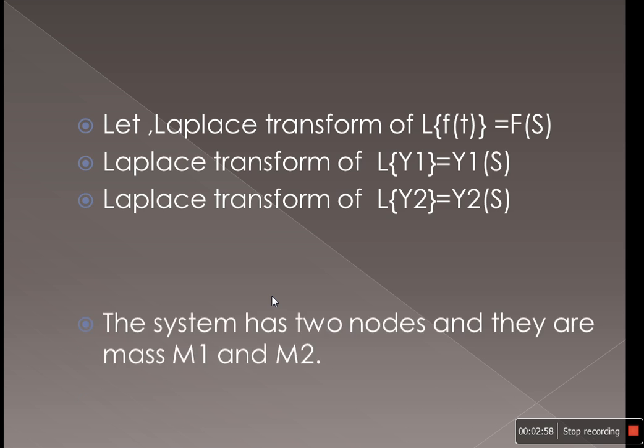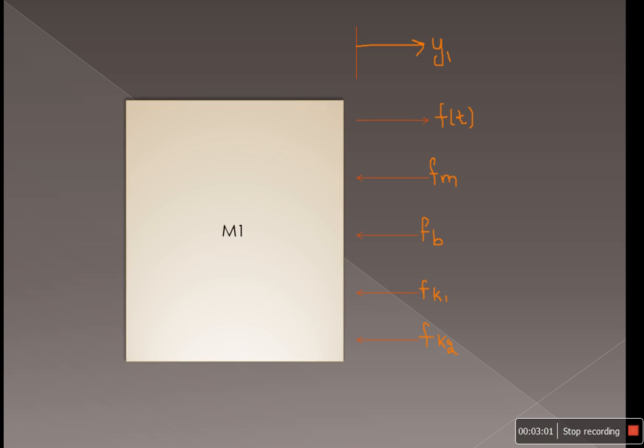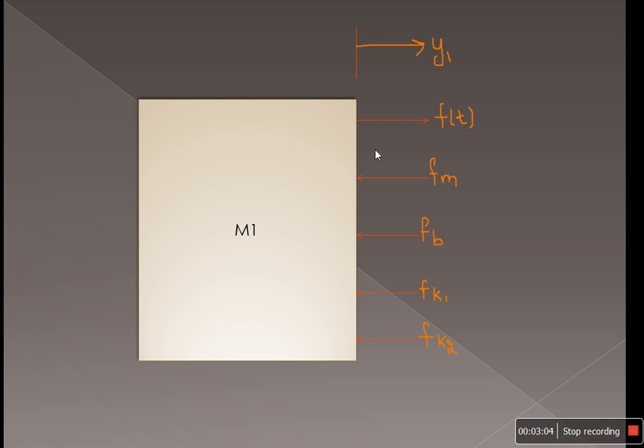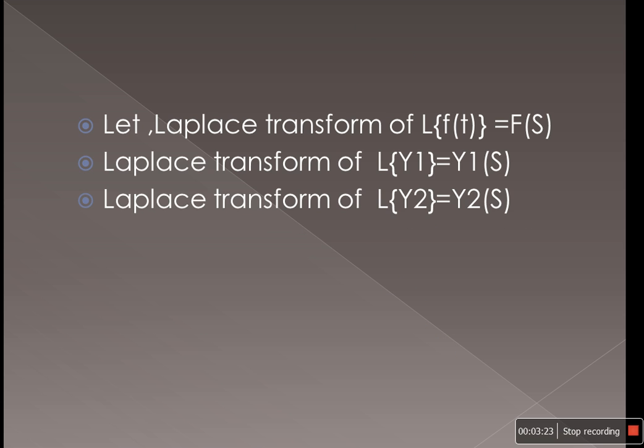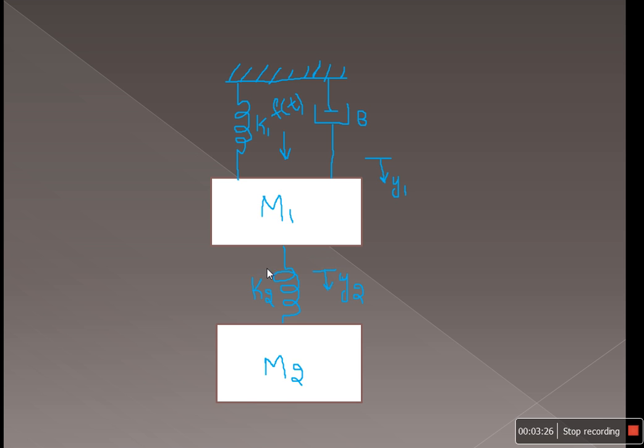So I am drawing the free body diagram. It is like this: just draw a single block and, with arrow marks, note down the opposing forces and the applied forces. Here the applied force is F of t, and the opposing forces are due to m1, due to b, due to k1, and due to k2 also. Whenever we consider the opposing force due to k2 for the m1 node, we already know that the opposing force due to the spring is directly proportional to the displacement of the body.